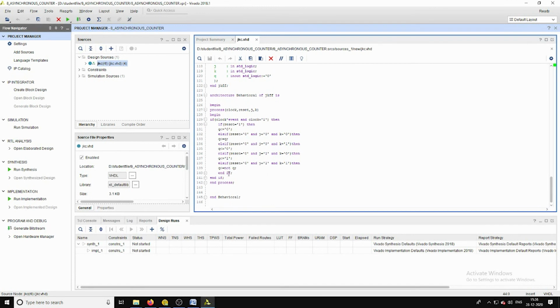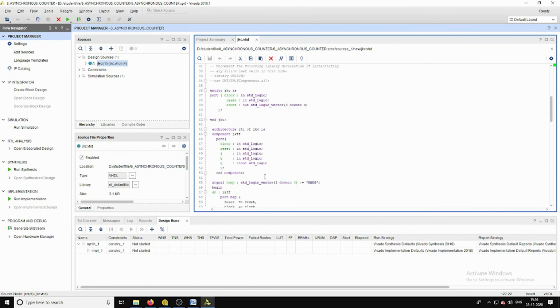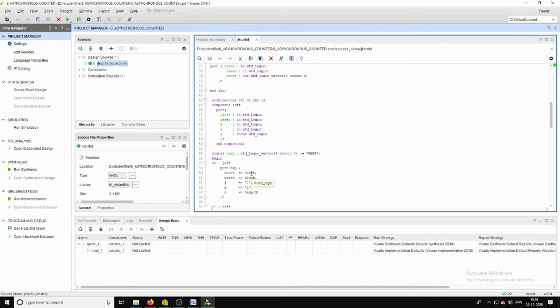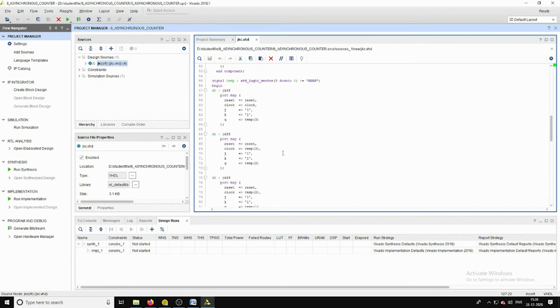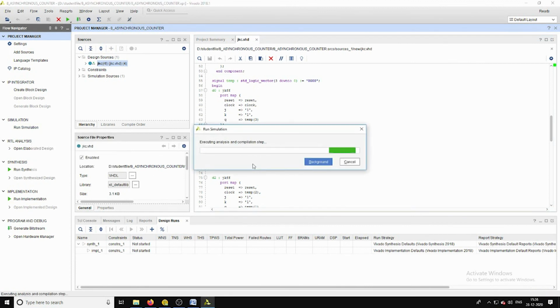For 1 1, the output is the toggle state. And by using this simple logic, now we are going to perform this same counting operation. Now let us do the validation of this particular code.